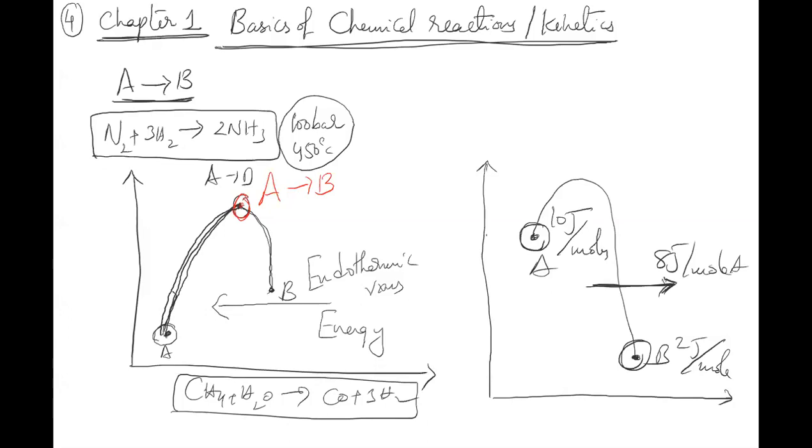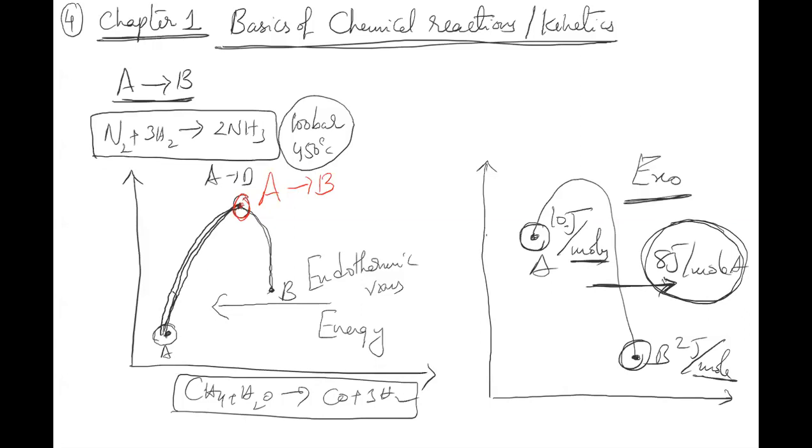That means if 1 mole of A has an energy of 10 joules, 1 mole of B has an energy of 2 joules. So if 1 mole of A is converted to 1 mole of B, then 8 joules per mole of A will be released as heat out of the reaction. This is called